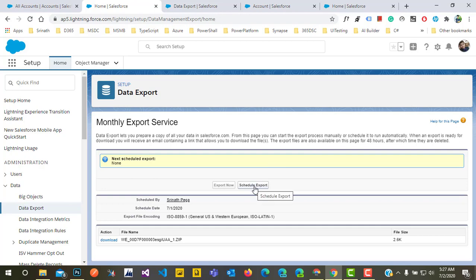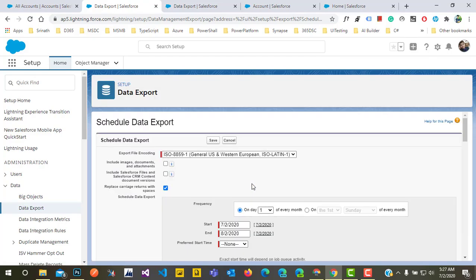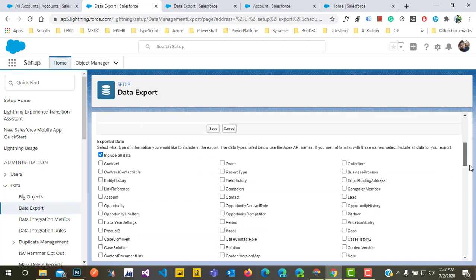So, Start Schedule Export. It will open up this screen. This is the file encoding. It will export as a CSV. Just go down, it's selected Include all data. I don't want to export everything, I want to export only the account object. Just go back.